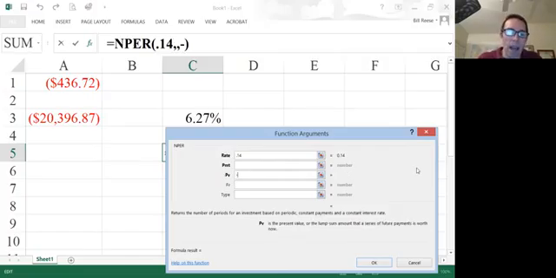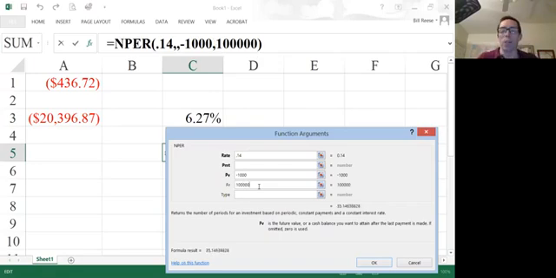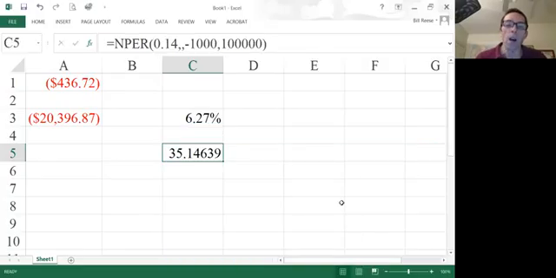So we'll say present value is $1,000. That's what I deposit into my savings account. And then I want the future value to be 100,000, and I want to receive that from the savings account. So it won't work unless they're opposite signs. It doesn't matter which one is a negative, but one of them needs to be. And we ask Excel to solve this, and Excel comes up with an answer of